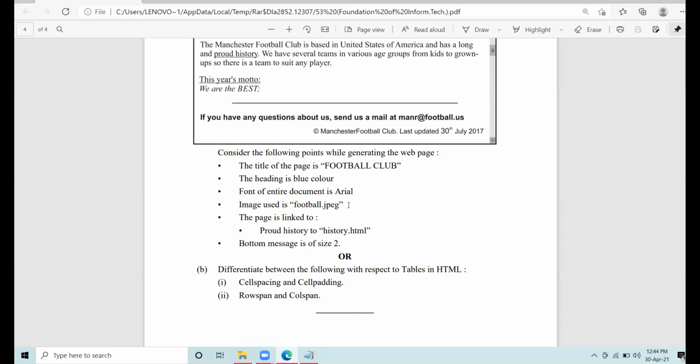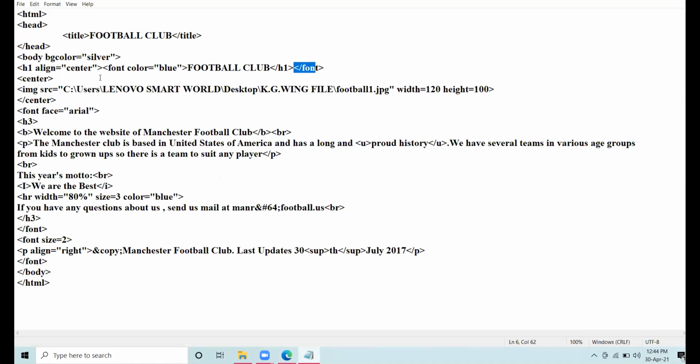The question is completely silent about the location; whether the image is in D drive or C drive is not known to you. In this case, see carefully what I am doing in the coding. You will take the image tag, src equal to football.jpg.